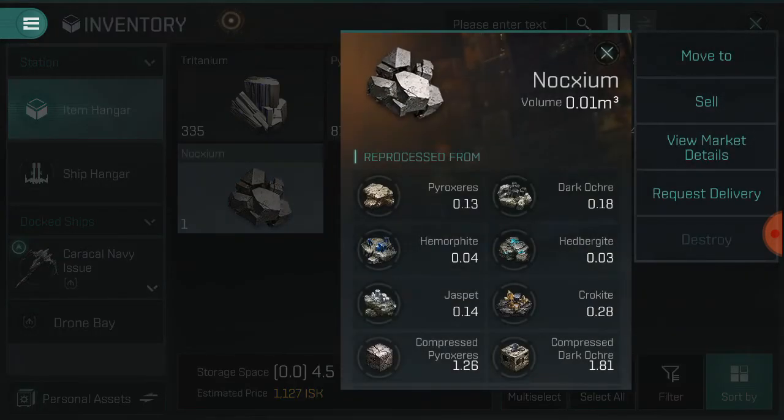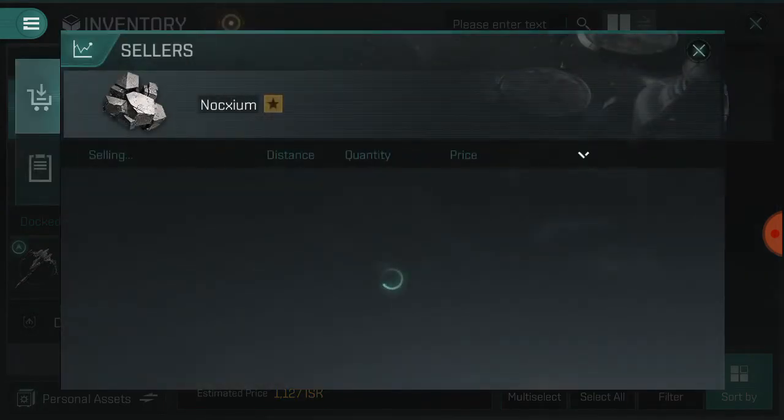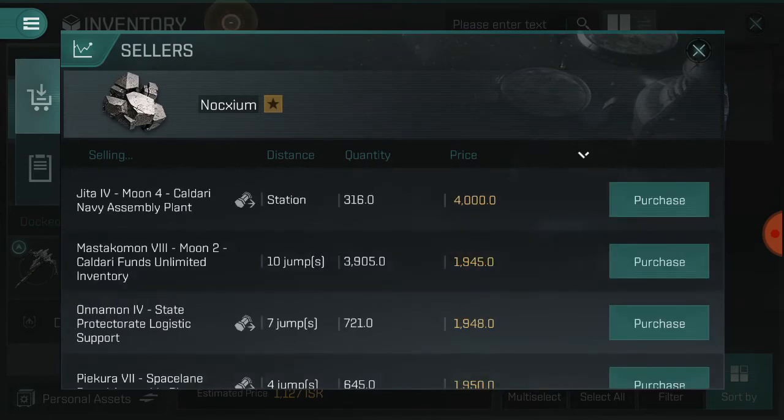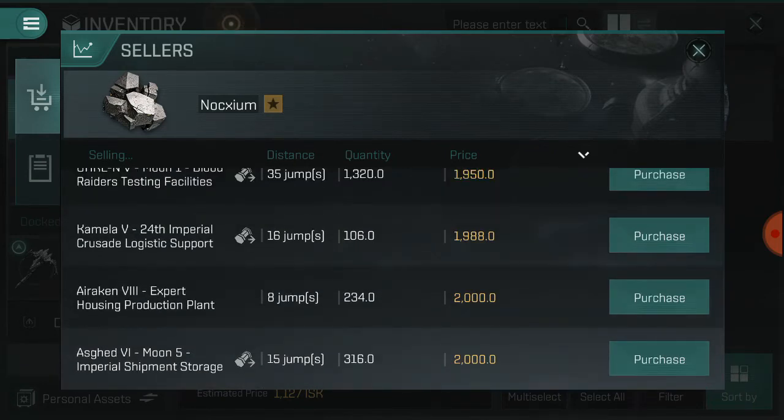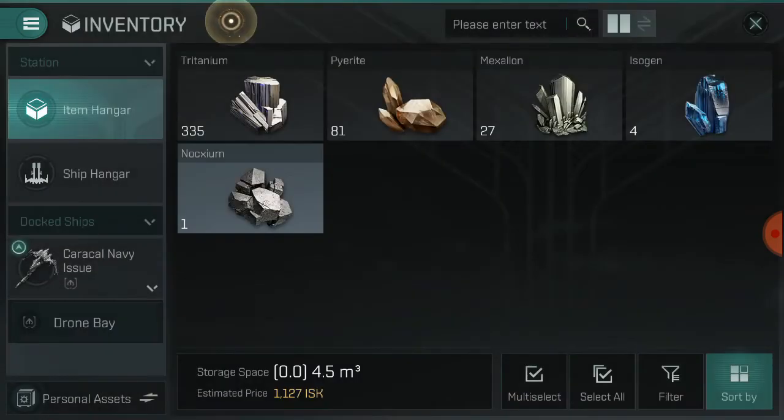And last, I have Noxium over here. Let's see what its market details are. Selling for around 2,000 a rock. Okay, so I have 2,000 there. So let's work this all out. 2,000 plus 400 plus 475 plus 1,863 plus 1,055, and that equals a value of